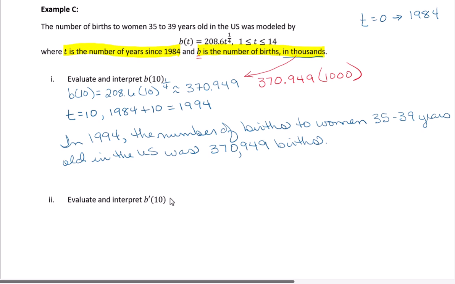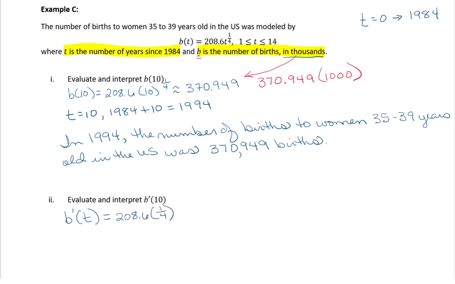For part 2, it asks us to evaluate and interpret b prime of 10. So we would first need to find the first derivative of our function. Don't forget to multiply the front by the exponent and then subtract 1, and then we'll get 52.15 t to the negative 3/4. Now we can plug in our 10, and we get